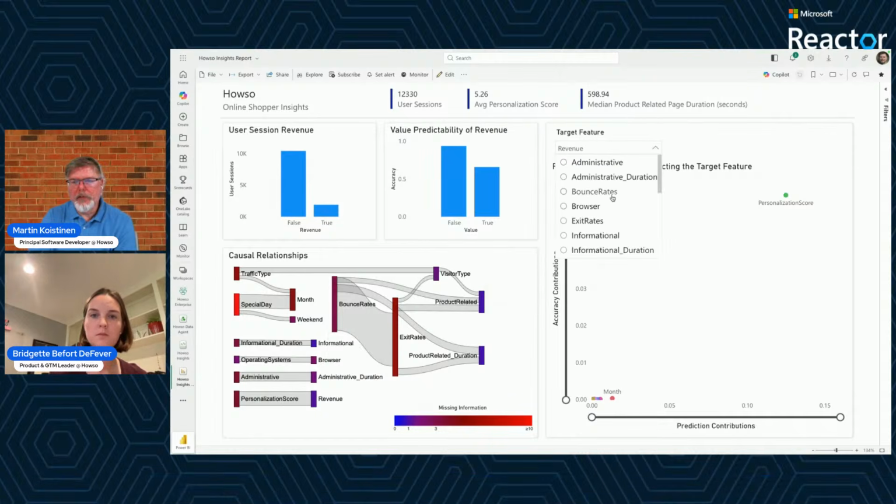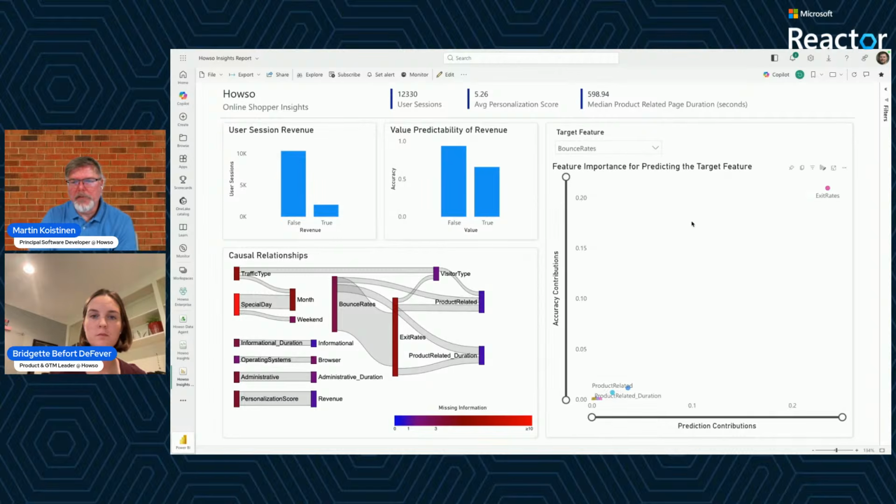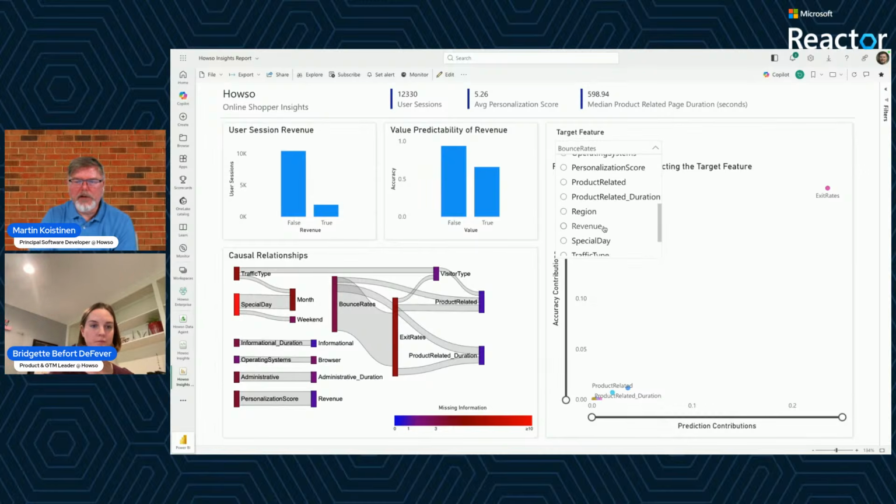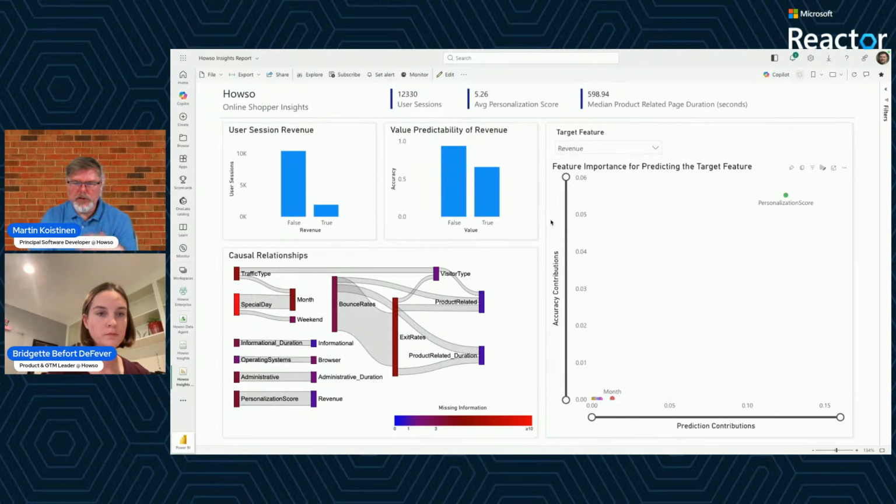Revenue was the one that we were focused on, but maybe we were focused on bounce rates, and sure enough, exit rates is the most predictable feature for that target. This is very useful already to anyone who wants to explore the data but doesn't want to look at code or run a notebook. This data is already available from the developer who did run the notebook.